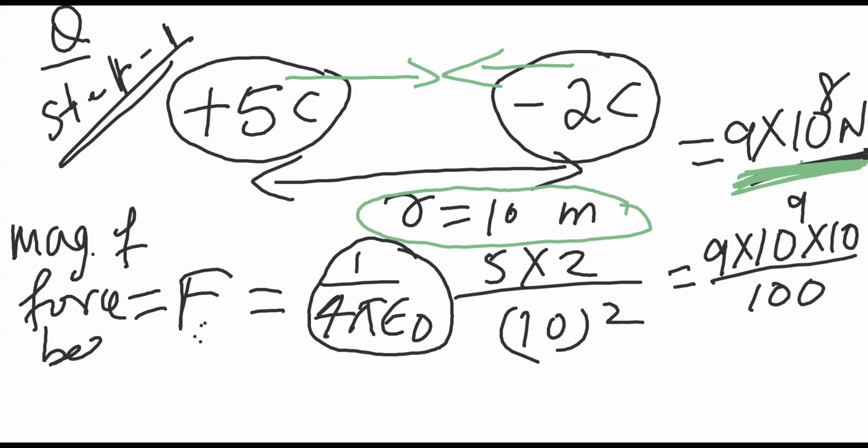Okay, so I hope everyone completed. R equal to 10 meter is given, then the answer is 9 into 10 to the power 8 Newton. If R is given in centimeter, then the denominator will be centimeter square, so that will be 10 to the power -4 meter square. That's why 10 to the power -4 in the denominator will come up, so it will become 10 to the power 12. But 9 into 10 to the power 8 is correct for R equal to 10 meter.